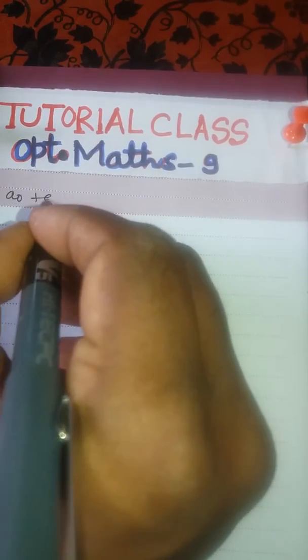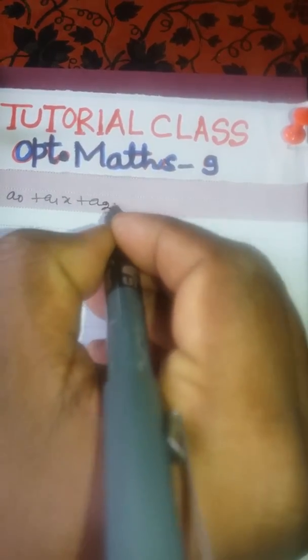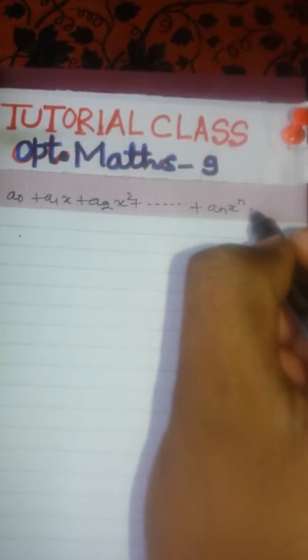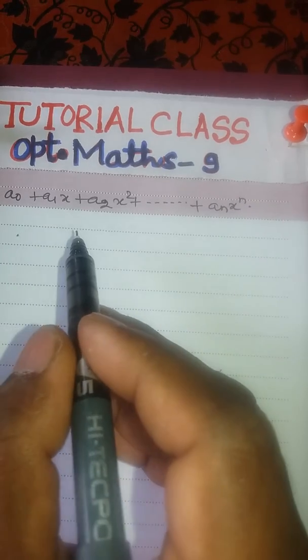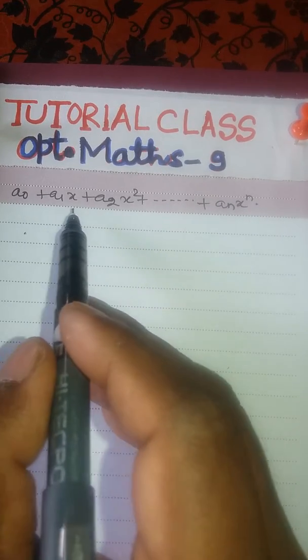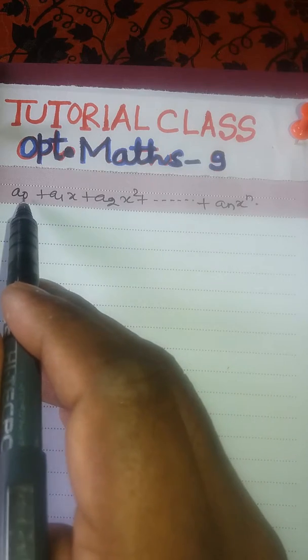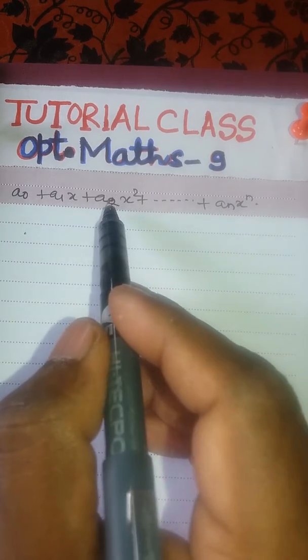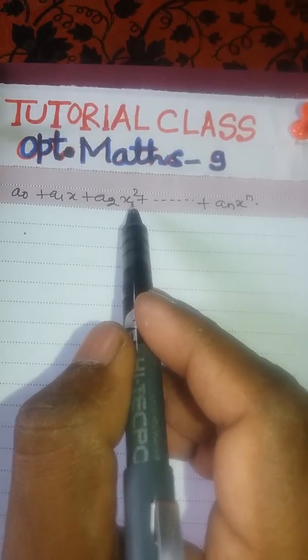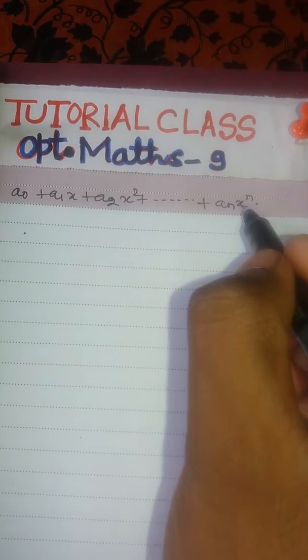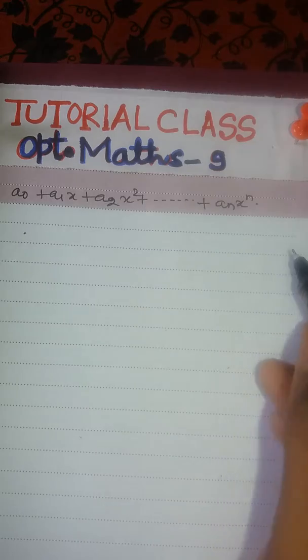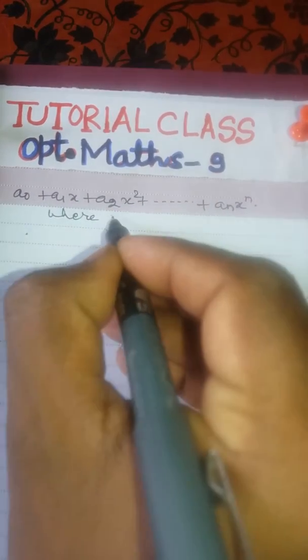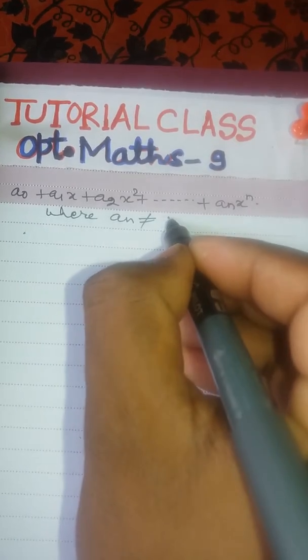Students, see here the standard form of a polynomial: a0 plus a1x plus a2x squared plus dot dot dot plus an x to the power n. It is also an algebraic expression, represented in the standard form. a0 is a constant number, a1x is a constant number and variable, a2x squared is a constant and variable with power 2, and in this way an x to the power n, where an is not equal to 0